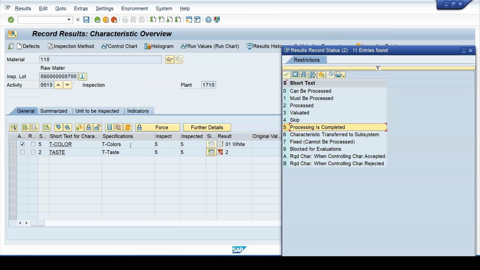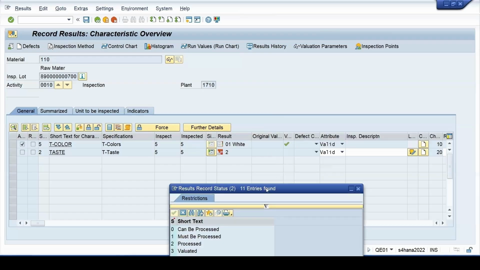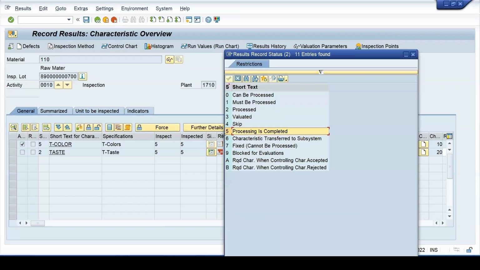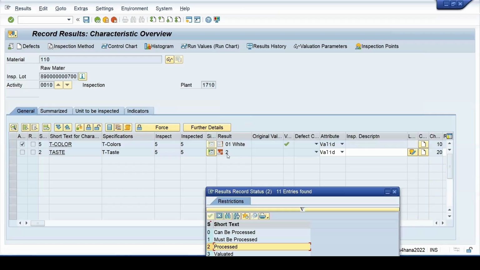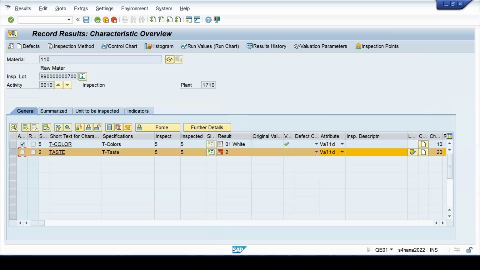In the first MIC, I have entered the result, even the valuation has been added, you can see. So 5 status indicates that all the things has been completed. Whereas in the second case, which is 2, it means processing has been done. Means I have entered the results. If I select this and click on this valuate, at present it is 2 status. Click on valuation, the valuation is coming down here, which is accepted and the status has been changed to 3. 3 means it is valuated.